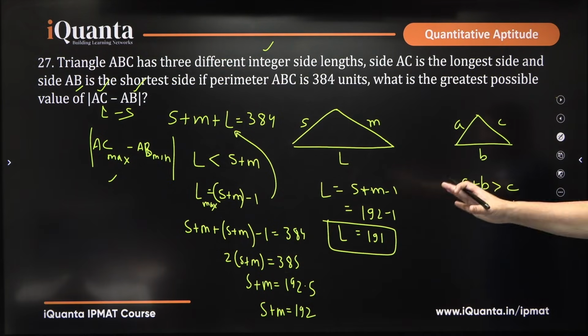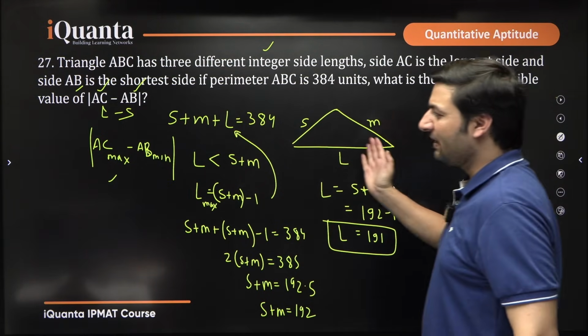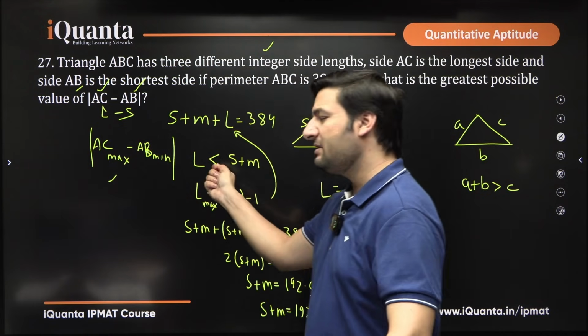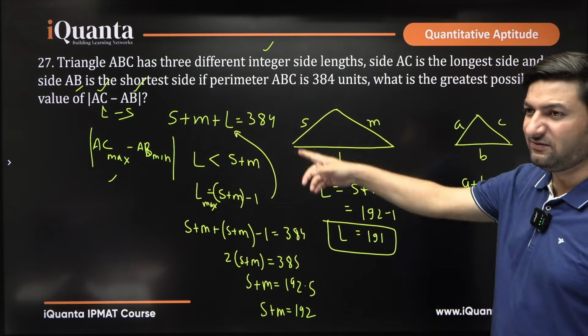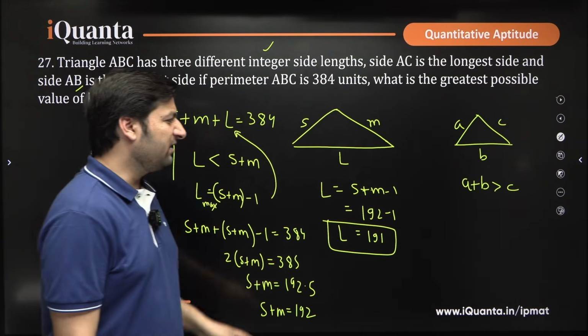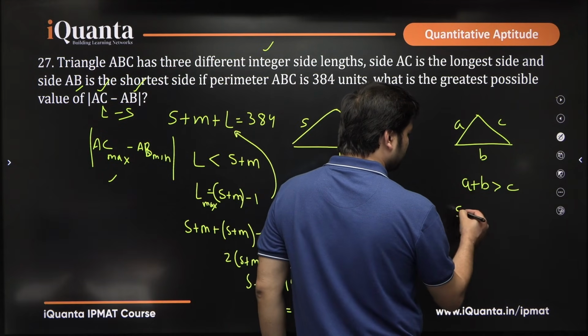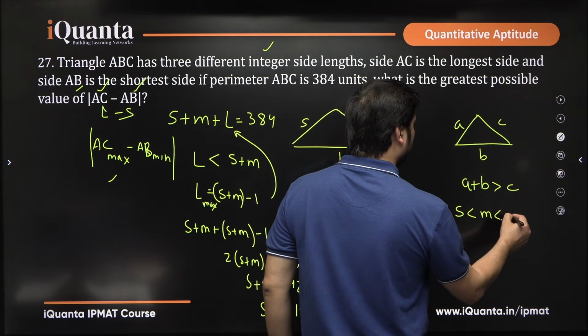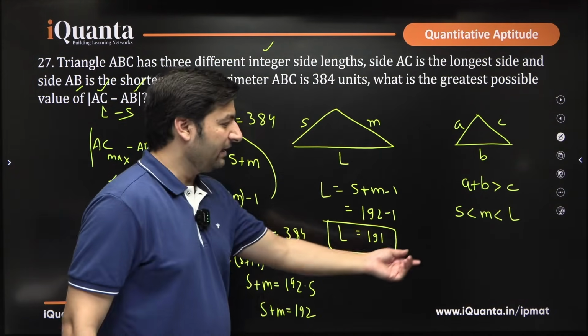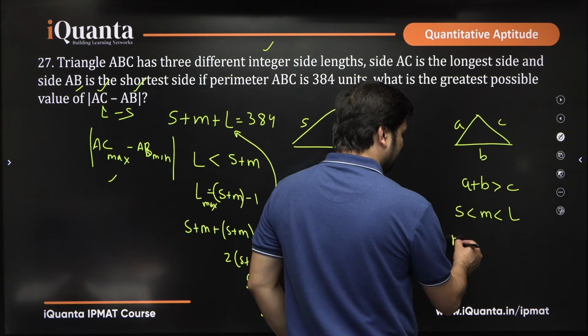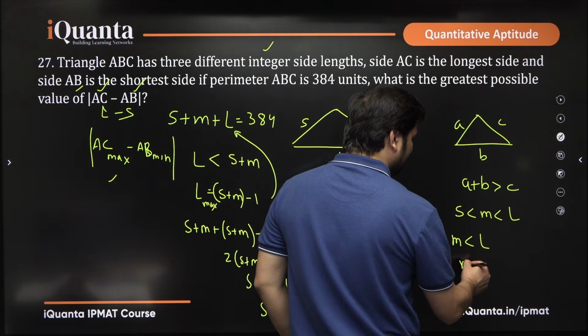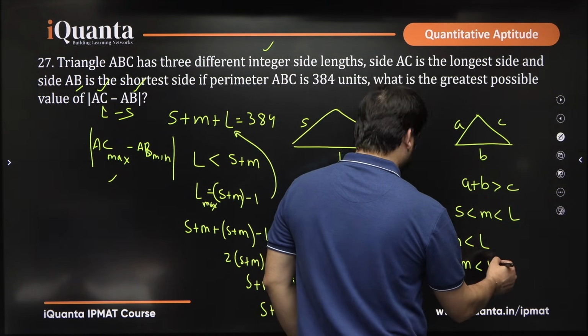Okay, 191. You have maximized the longest side. Simultaneously, you want to minimize the shortest side, which is AB. Now, we also know one thing in this triangle: S is the smallest side, then we have M and L is the longest. Can I use this relation? If I say that M is less than L, can I say that M is less than L is 191,